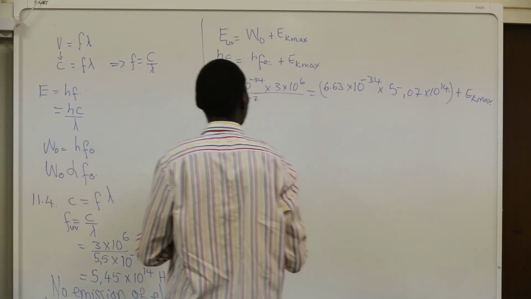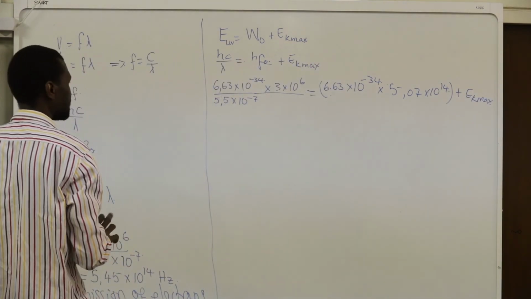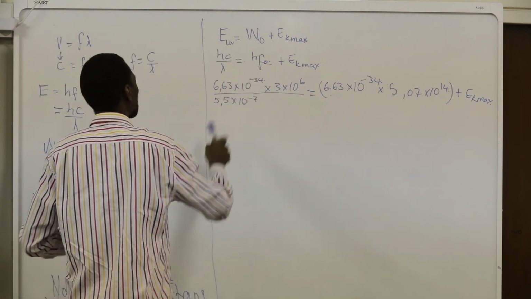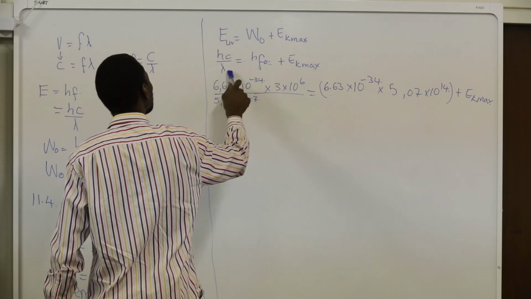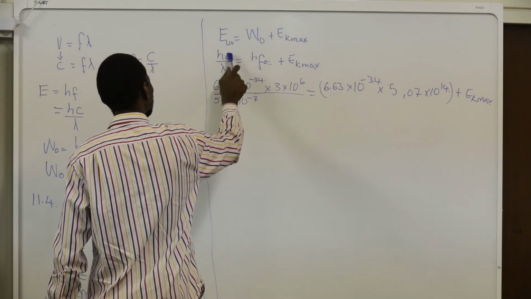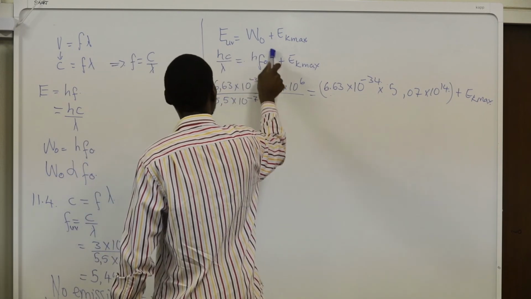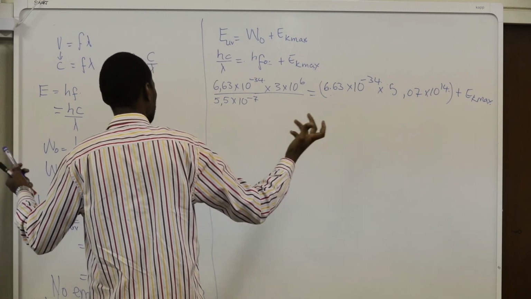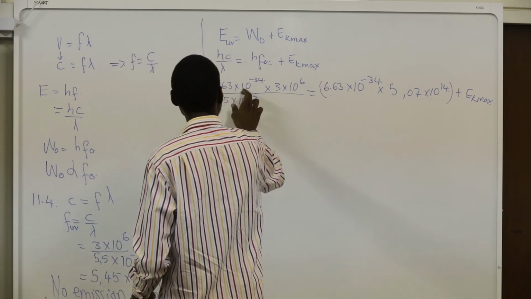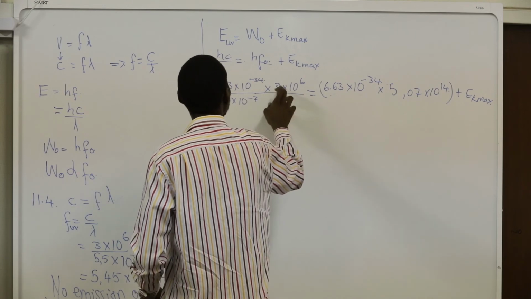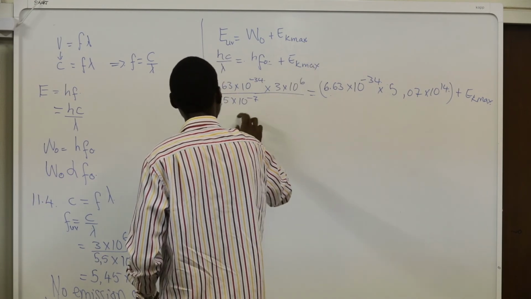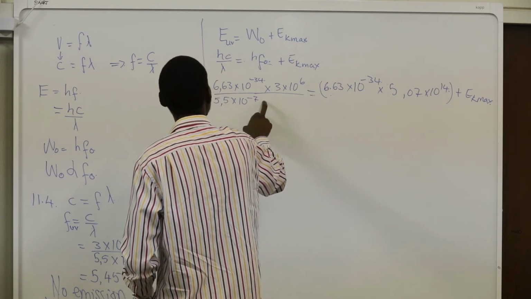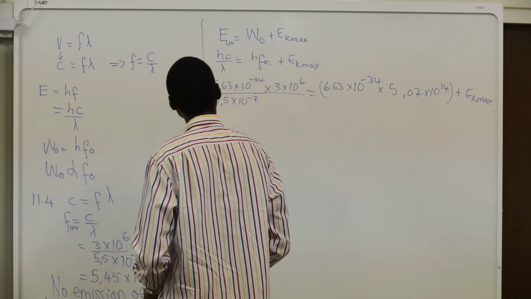All right, so let's go through this. It's a bit of a lot of large numbers here, all right? Can be confusing. What we are saying is that the E UV, the energy of the UV, is equal to the work function of the caesium plus the EK max. Simple, all right? 6,67 times 10 to the power negative 34 times 3 times 10 to the power 6 divided by 5,5 times 10 to the power of negative 7, which is the wavelength